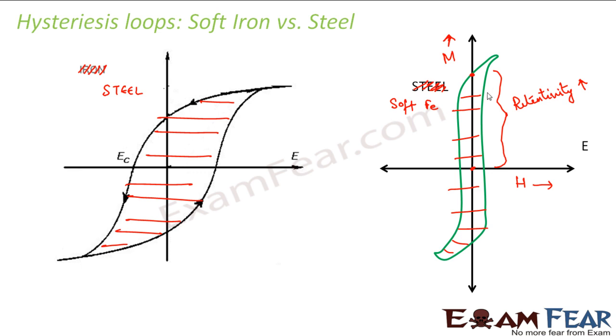curve, when I talk only about retentivity, obviously iron has a better retentivity than steel. But when I talk of coercivity, you can see that for steel, the coercivity is very high and the coercivity is extremely less for soft iron. But in case of steel, the retentivity is not very less. It is obviously lesser than soft iron, but it is not very less. So that means steel has a decent value of retentivity and a comparatively higher value of coercivity. So steel would be a better choice for a permanent magnet as compared to soft iron.